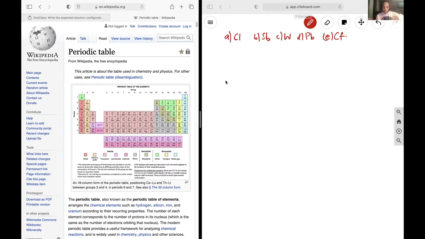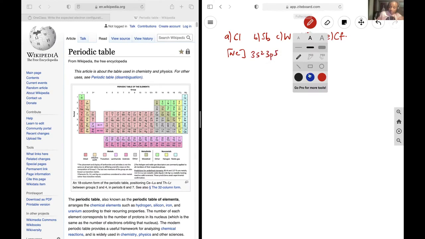The closest noble gas to chlorine is neon, so we're just going to put neon in square brackets. And then we start counting. So this is going to be 3s2, 3p1, 2, 3, 4, 5. So 3p5. So 3s2, 3p5. If we'd like the entire thing written out, you can start from the top, which would be